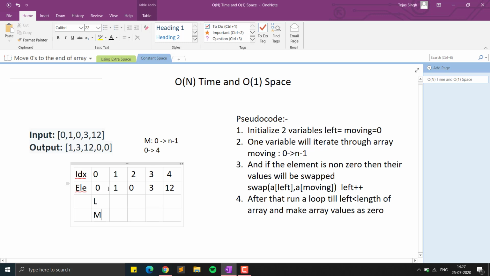It is 0, so we will go to the next element and do nothing here. So we will go to the next element, that is 1. It is non-zero, so it will check if the value of the element is not 0. So we will swap the value of the left pointer. We will not swap, we will copy this value to the 0th index. So we will copy this here and it will remain 1, and then we will increment the